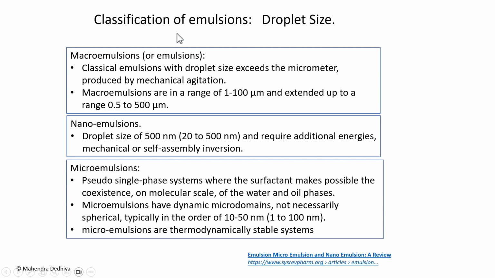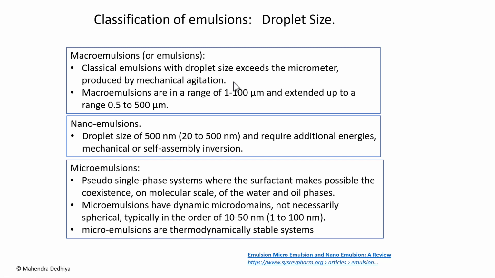So we looked at classification based on oil and water, water and oil, and double emulsion. We now look at classification of emulsion based on droplet size. It is extremely important to understand the stability of emulsion depends on the droplet size. So when we make double emulsion, the internal emulsion is always sub-micron size emulsion. Macro emulsion, which we traditionally call emulsion or classical emulsions, their droplet size exceeds in micrometer and they are produced